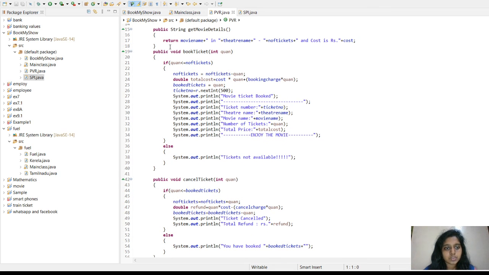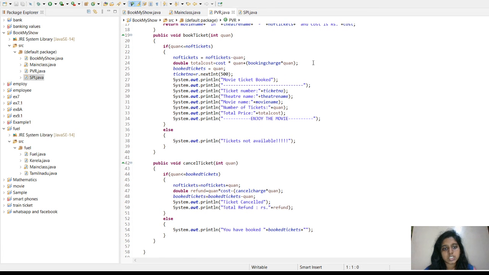Then, if the user wants to book a ticket, this function will be executed. If the quantity, which means the number of tickets I want, is available, say there are 10 tickets available and I give 5 tickets, which is less than or equal to 10, this part will be executed, or else it will show tickets not available.